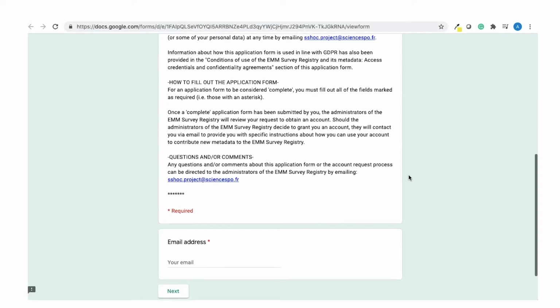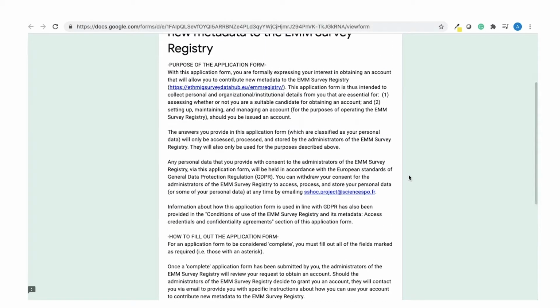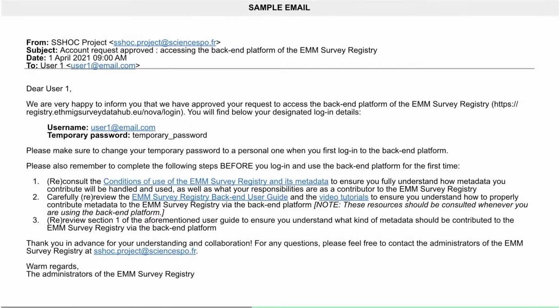Once you have filled out the application form and you have been approved for an account, the administrators of the EMM Survey Registry will contact you via email using the email address you provided on your application form. This email will contain the following pieces of information: the link to the backend platform, your personal login details for the backend platform, this would be your username and temporary password, a link to the conditions of use of the EMM Survey Registry and its metadata, which you should read and understand before accessing the backend platform,